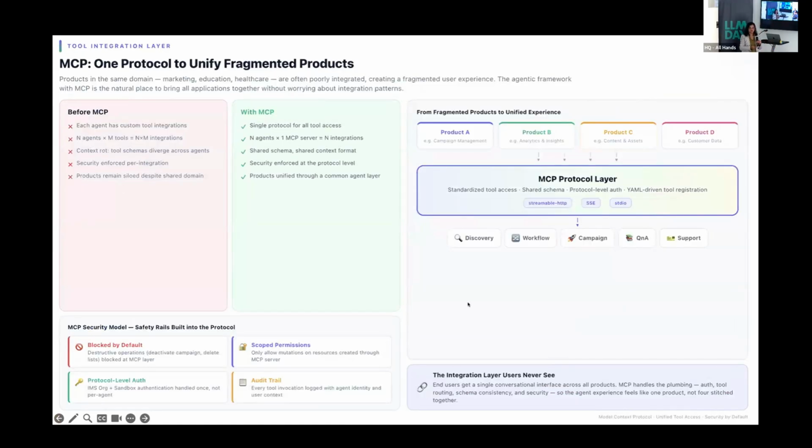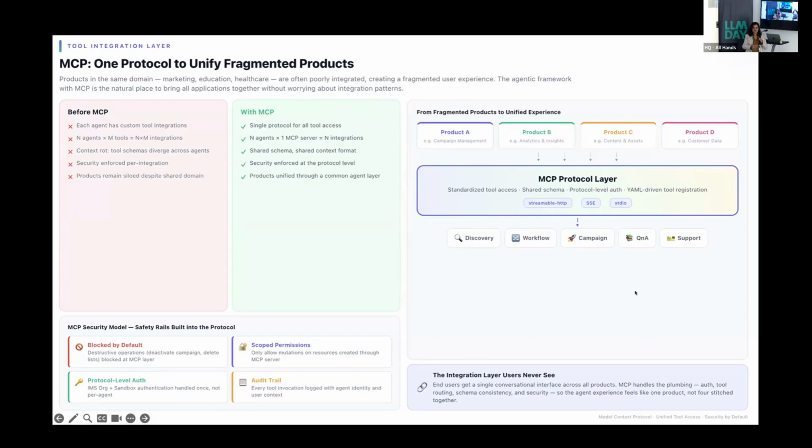And MCP protocol, I feel like you probably have heard a lot about MCP today, but this is a great way of integrating tools into your agent. So at the end of 2023, I was working in the education domain and we were building conversational agents for students. And MCP did not exist then. I had teams across India who were building different tools for this agent. And for every team that was building the agent, I remember that there was one agent or two agents and five tools with every team.